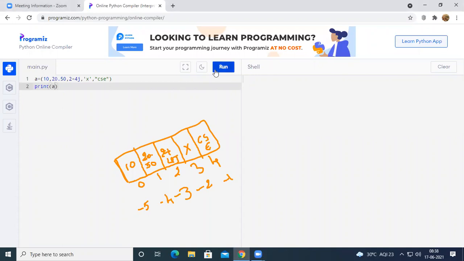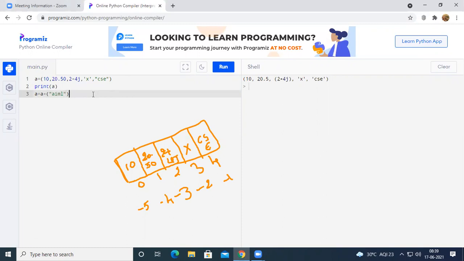Before that, let us print the entire list. It has the 5 elements. The first one is an integer, the second one is a floating point number, the third one is a complex number, the fourth one is a character, and the fifth one is a string. Now, for example, I want to add one more element to that list. I can add by using the addition operator. For example, A equal to A plus, and within the braces, I want to add AIML.